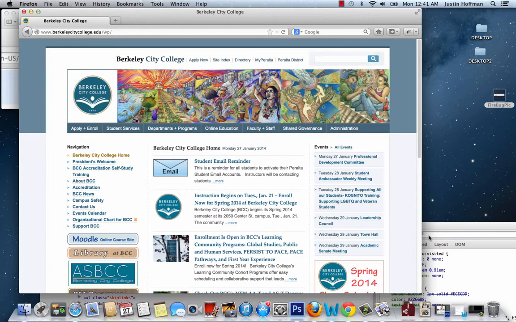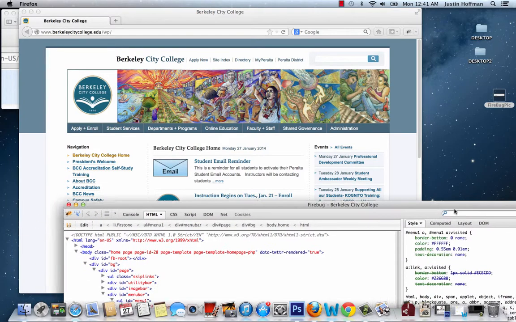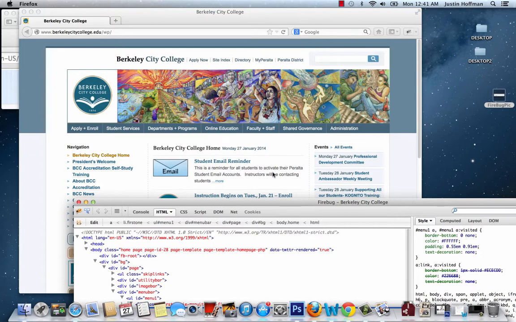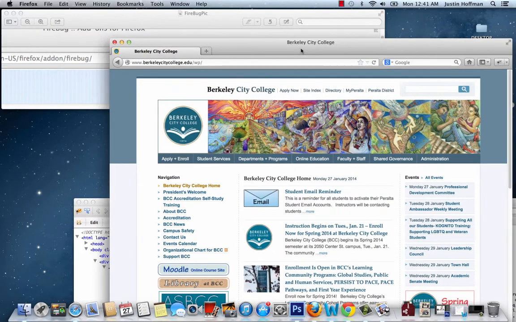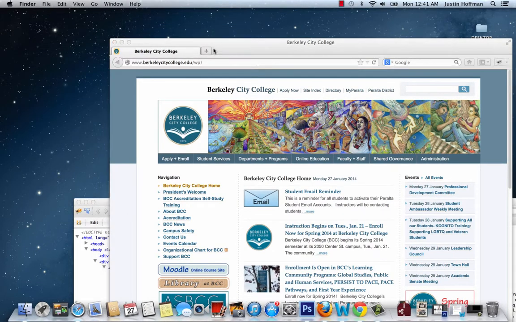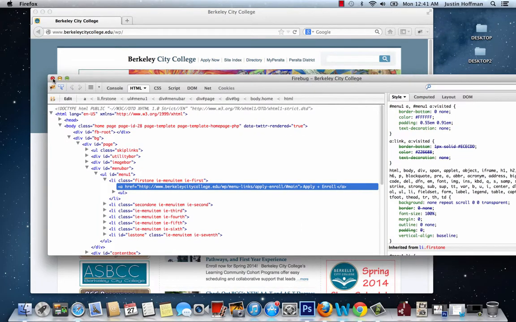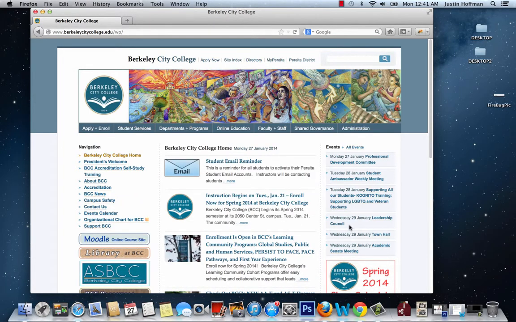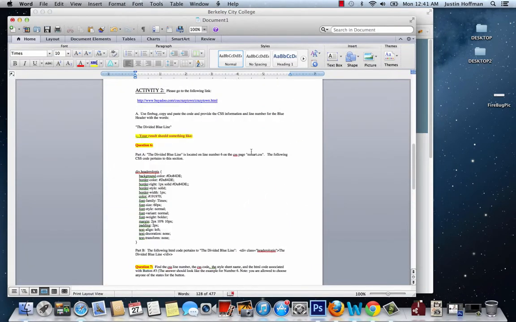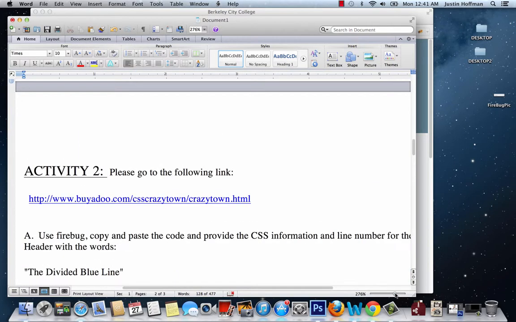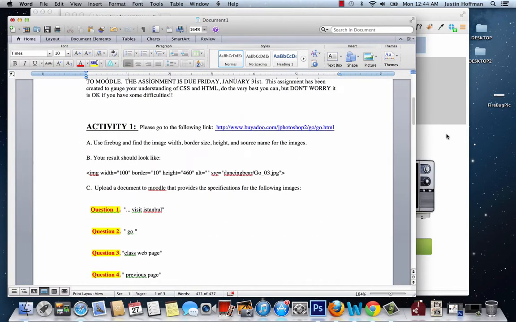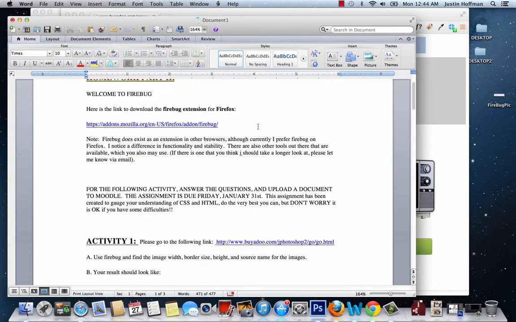So for the activity, I would like you to download Firebug and play around with it. The activity is for you to experiment with Firebug, but also for me to get an idea of what kind of experience you might have utilizing and building websites. So if we go to the document here, let's zoom in and make it bigger. For activity 1, I would like you to